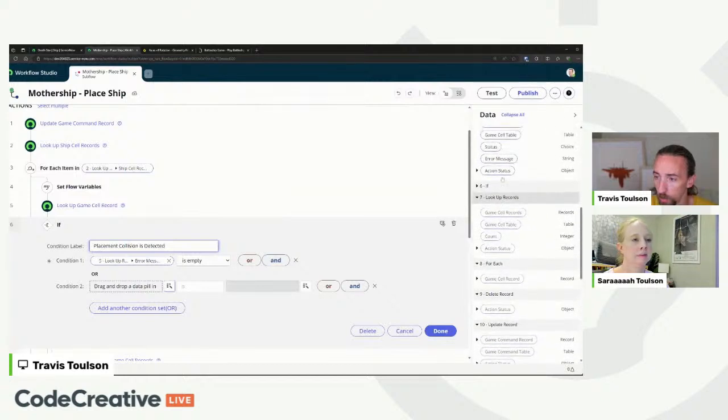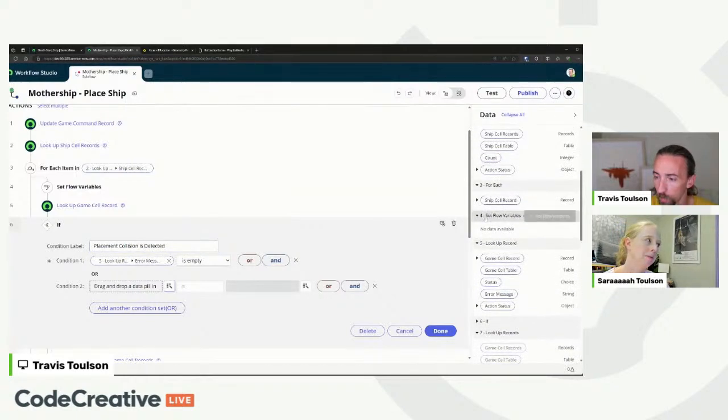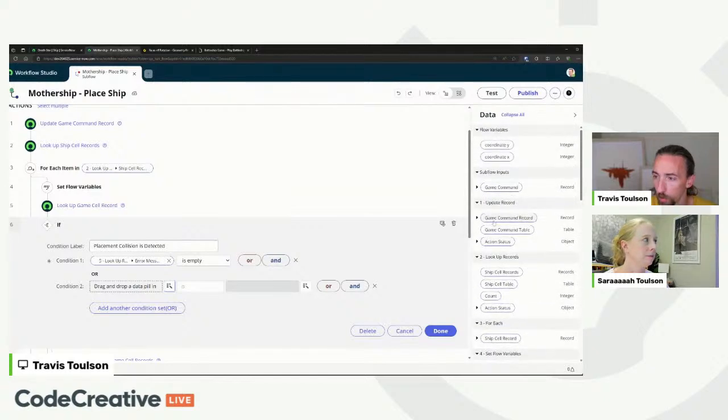Let's see. Where is it? Gotta love this community effort. Where's my flow variables? Oh, there they are. Flow variables. Okay, so